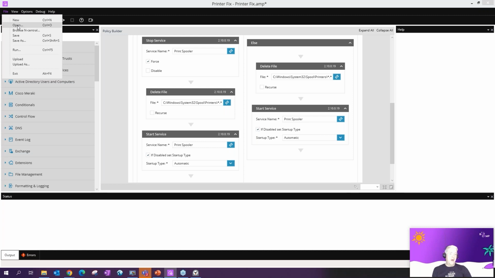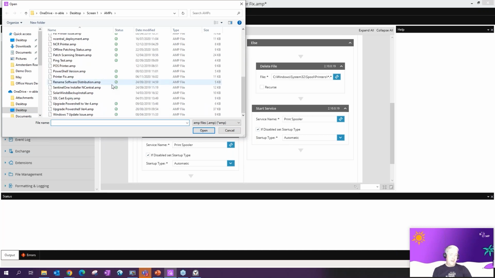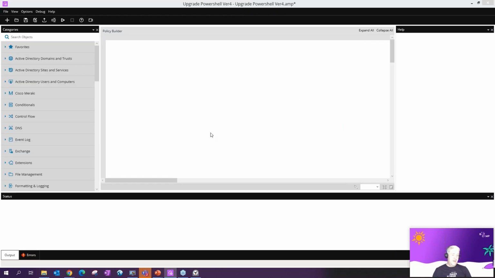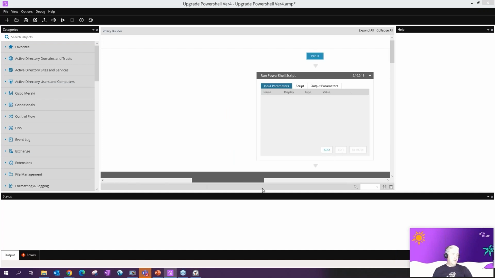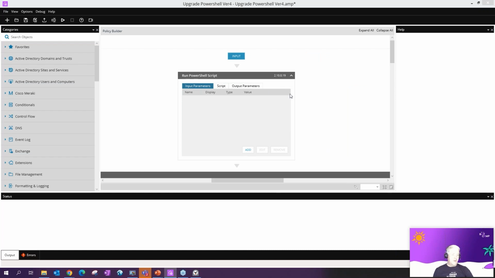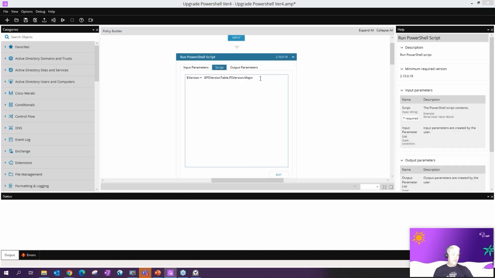From a project point of view, maybe you have to deploy a certain software application. I had a scenario a few years ago with a partner over on this side of the world where they needed to upgrade PowerShell on about 1,000 devices because of an update to the software application they were using. First of all, we created a little automation policy that told us what version of PowerShell was running. It provided an output with the version number, and we used that to filter to see how bad the situation was. We had over 1,000 devices.